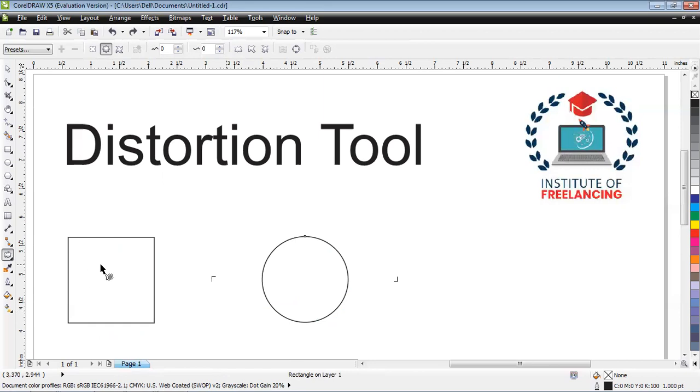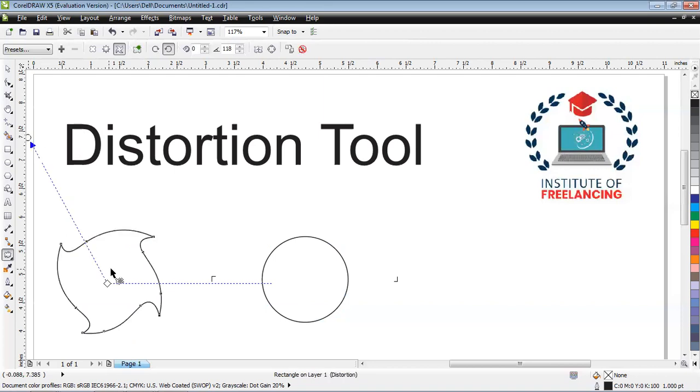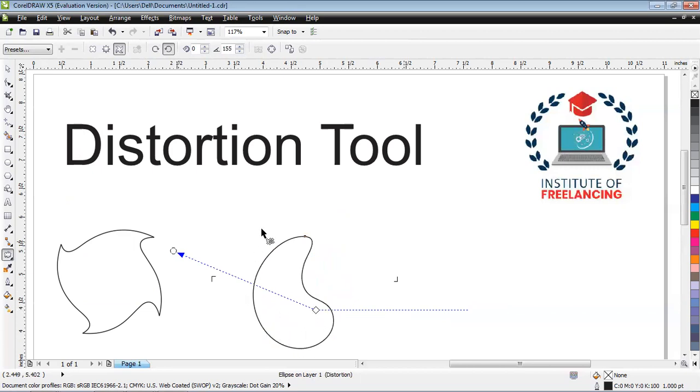So let me select this one again, and let's move to the twister rotation. Twister rotation actually gives you that kind of figure. Have a look at this one, right? So let me pick up this one now. Instead of going towards the center, here is some other shape we are interested in. With the help of these small tips and tricks, you can very easily not only create the shapes, at the same time you can add